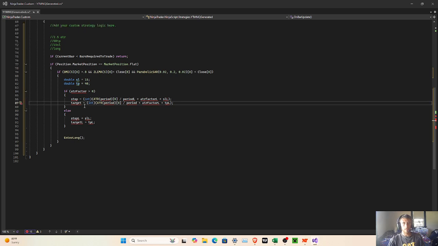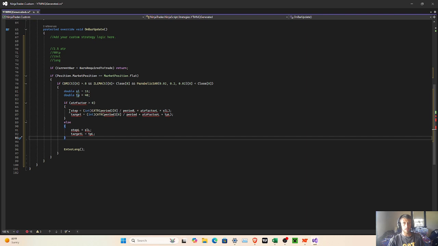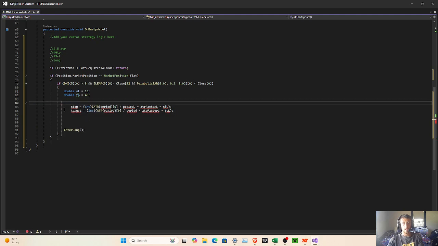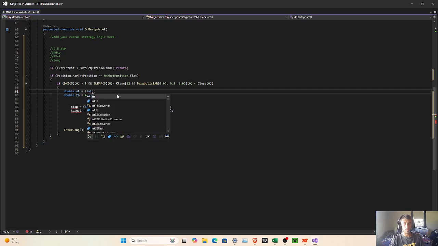All right, so this is what I have. Basically, when we're running it, if the ATR is greater than 0, then we add an ATR factor to our TP and stop loss. So in this case, it is. So we're going to delete these, and we know our ATR factor is 2.5. To calculate our stop loss, we're just going to copy this,